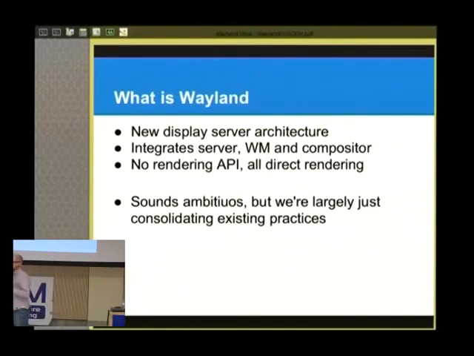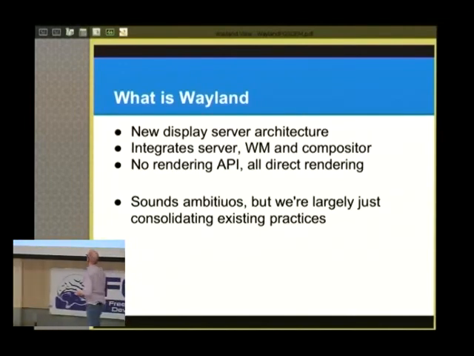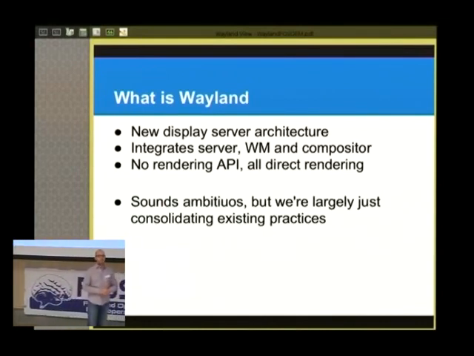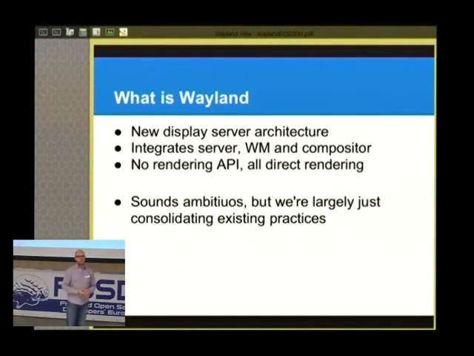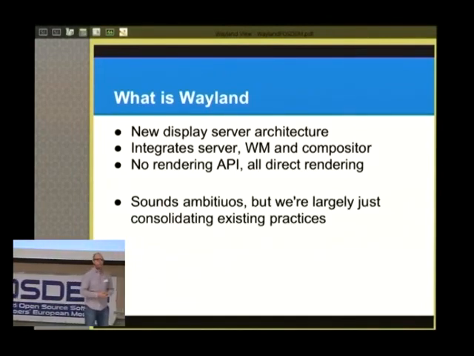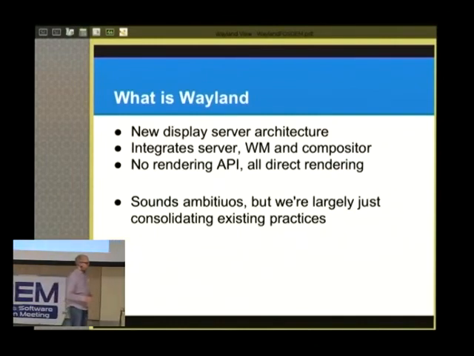So with that out of the way, let's look at what Wayland is. It's a hard question to answer because there are several things in Wayland, but mainly it is a new display server architecture. It replaces X. It's a standalone architecture for having a display server with clients that let you run a modern, fully complete desktop, and it scales down to mobile devices and embedded use cases.